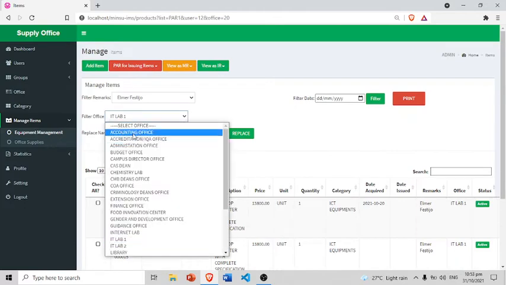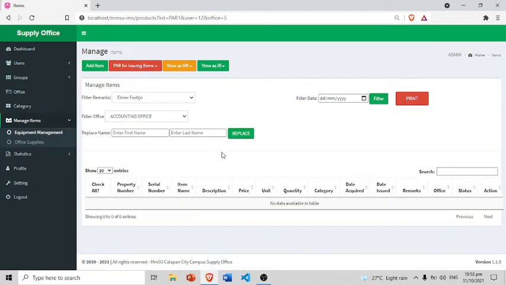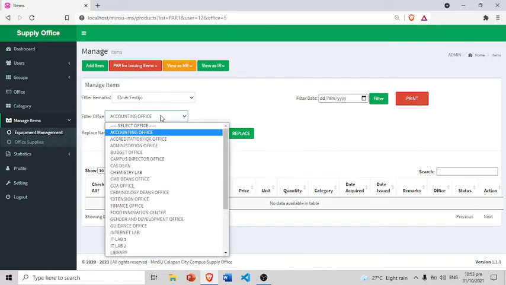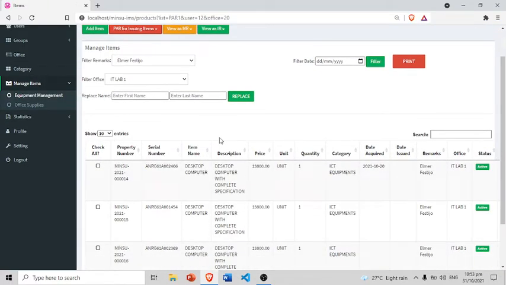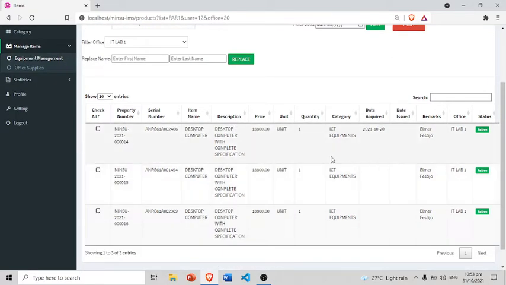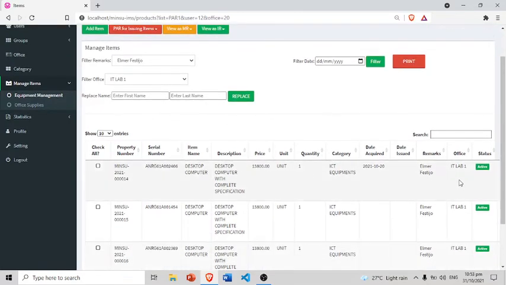If there is no data, like this one, I'm selecting accounting office, no data available because Elmer Pistijo has nothing, no item in the accounting office. So sample for the multiple updates we have here. If we want to